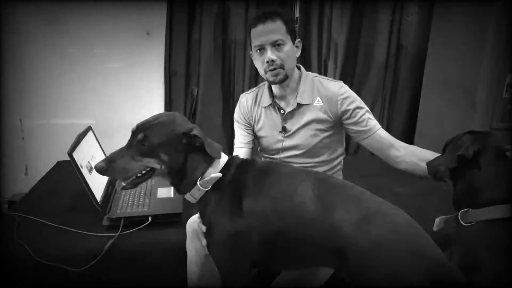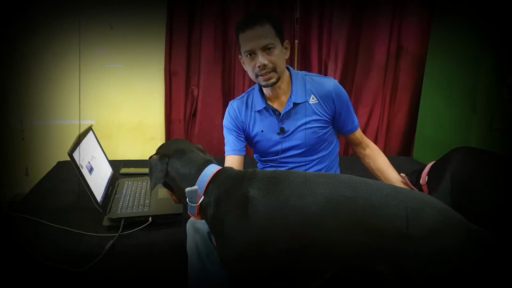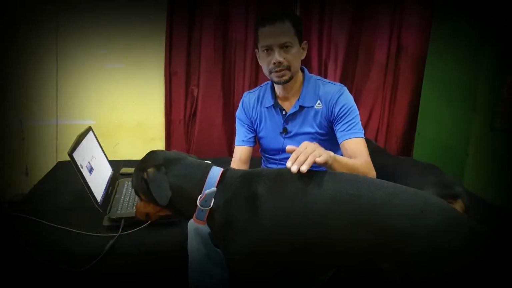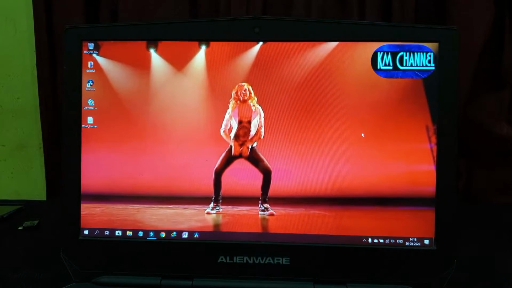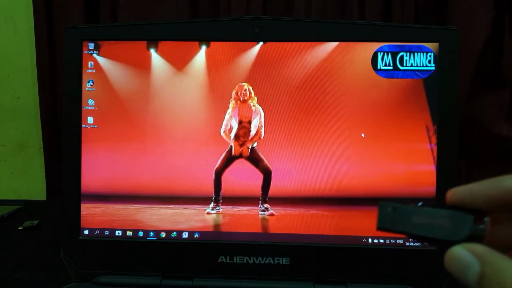So in that case we have to boot the computer from an external drive, external USB drive or thumb drive, or a CD drive or a DVD drive. Those are special drives and they have bootable ISOs which are burnt into them. I will show you how to create a bootable thumb drive, then what changes to make in the BIOS, and then how to start the computer and set up Windows again. So let's start.